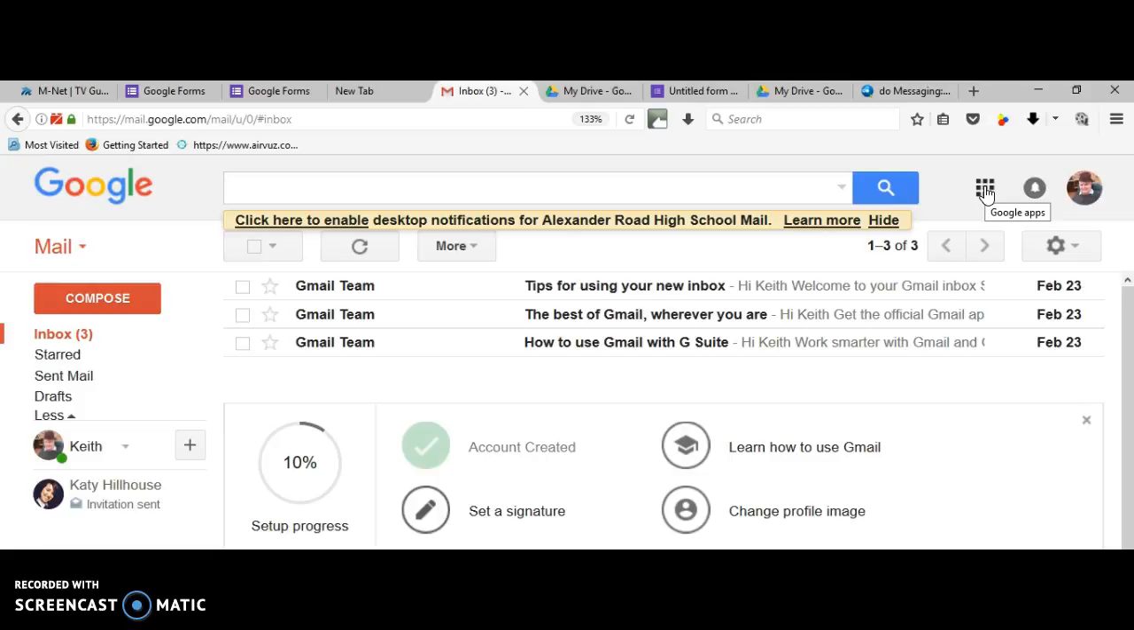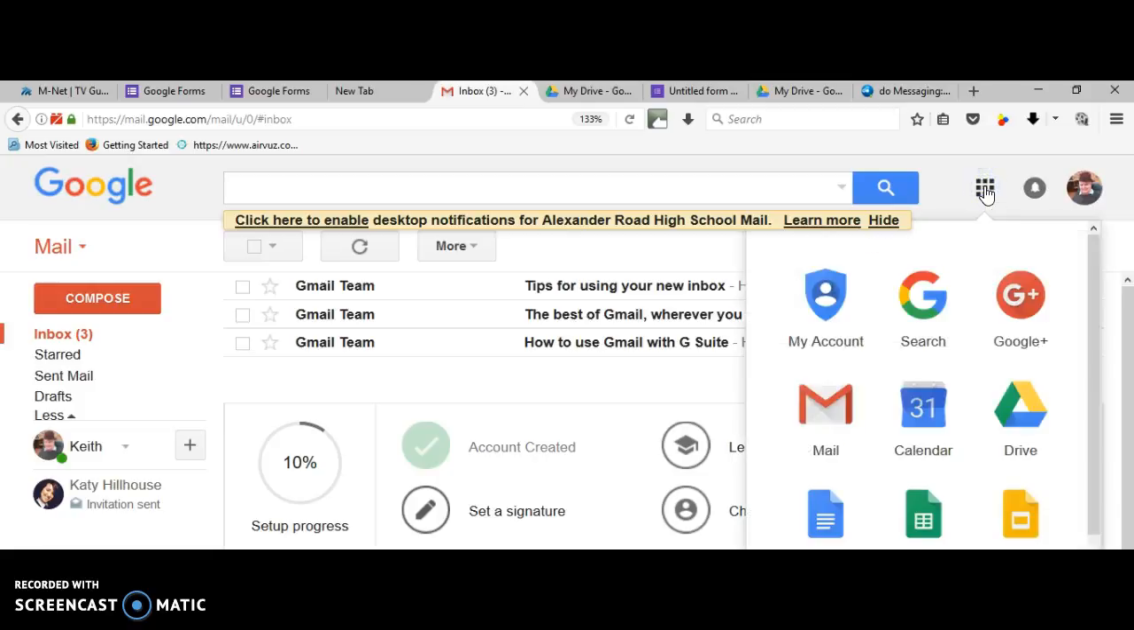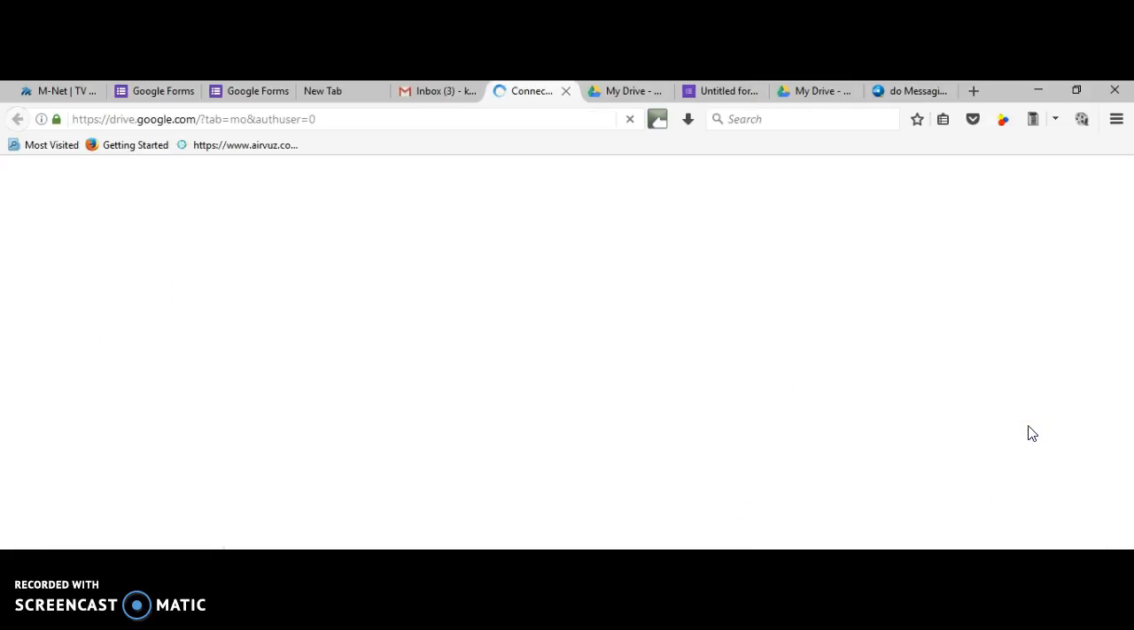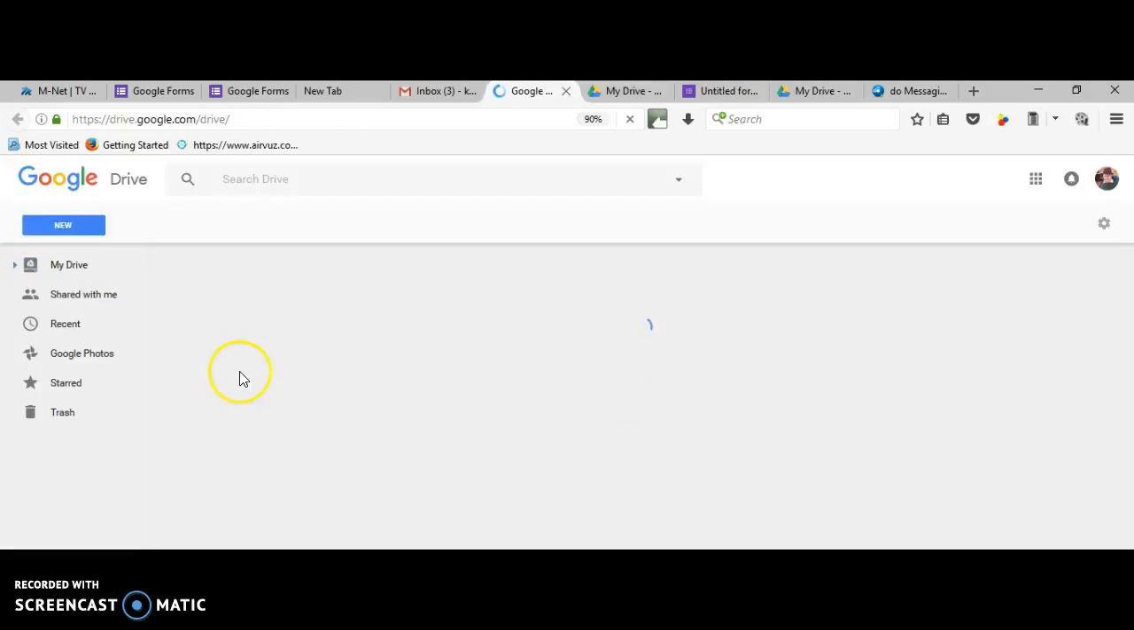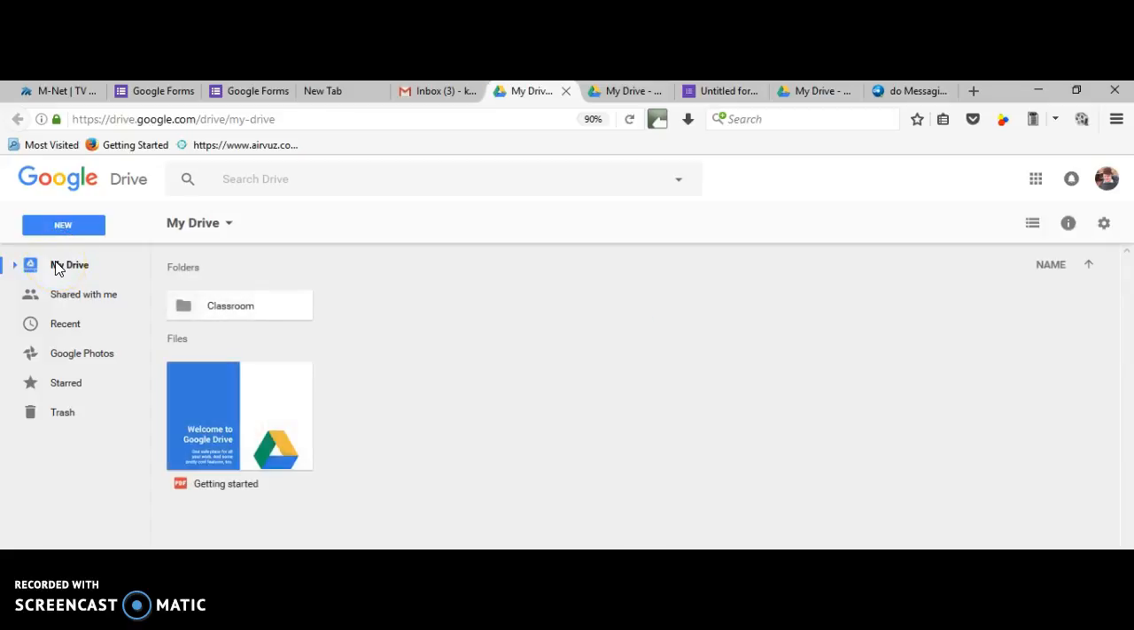You just rest your cursor on it and it'll show you. Click Google Apps and look for Drive. Okay, that's the application for cloud storage with Google. And we go across, we wait a little bit, it'll come back to us now. There's my drive over there, and it'll show you the contents that you've got in my drive